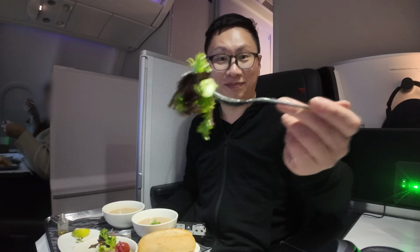In retrospect, I probably shouldn't have poured all of it on. Feels like I have a bit too much olive oil. Pretty solid. It's olive oil and a bit of vinaigrette. But yeah, I like that it's not too strong. I feel like sometimes if there is a lot of balsamic, then it gets a bit...